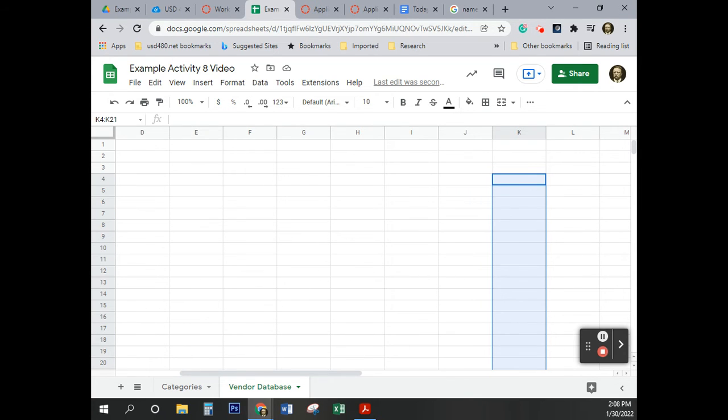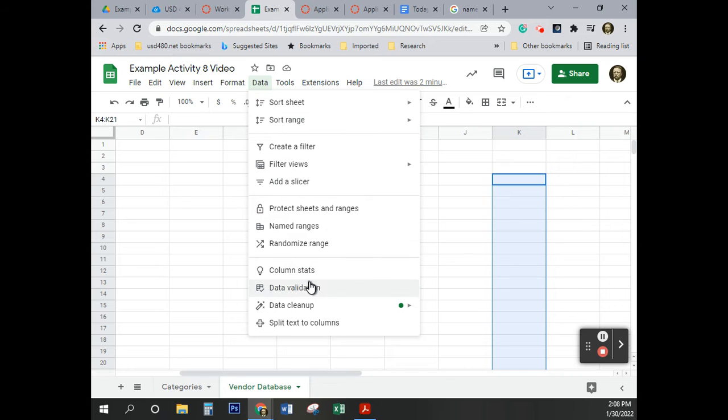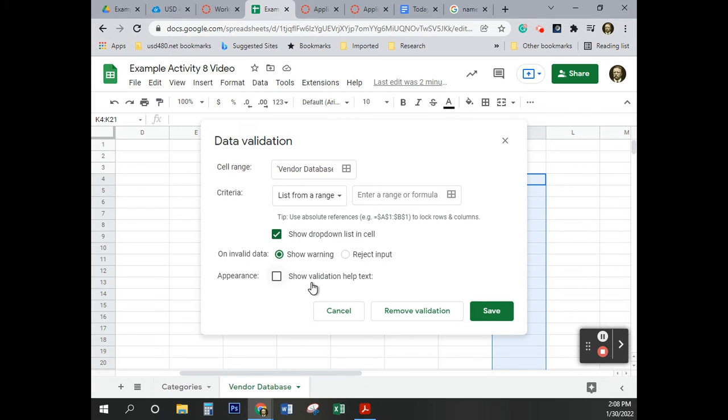Okay, so select "allow list from range," source equals categories. Now we're going to create that drop list here. I'm going to come over here to data, come down to data validation. Data validation is used for a lot of stuff. One of the things it can be used for, which isn't what we're doing here, is to make sure people have entered the data correctly. In this case, we're going to use data from a range, and we're going to create drop cells and source, and we're going to come over here and